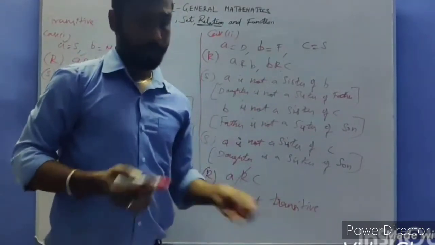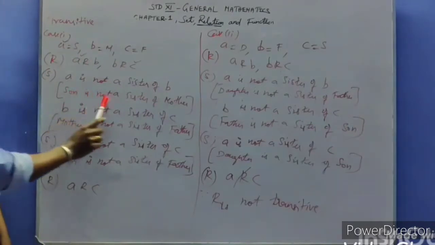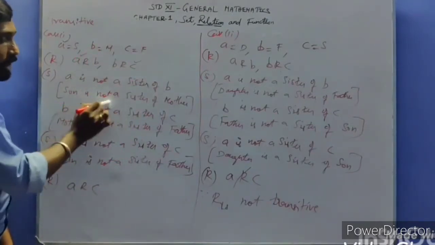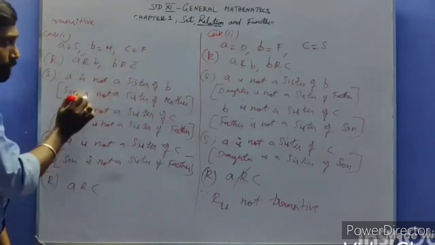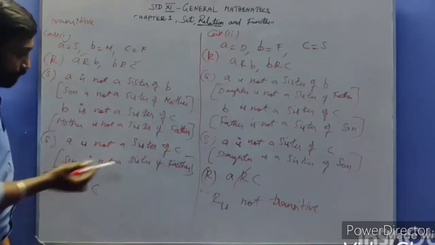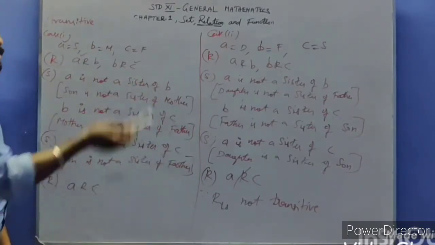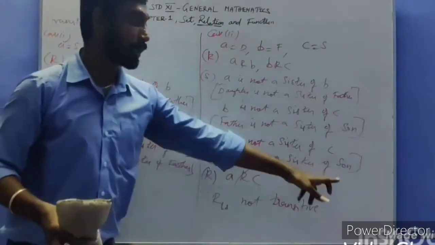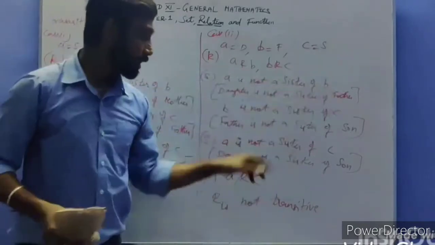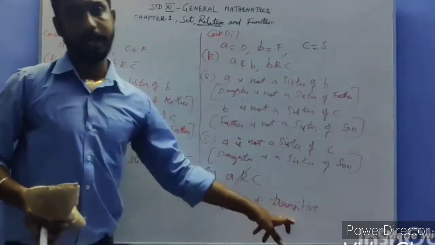it is also not transitive. Okay. Now here see, son is not a sister of mother, mother is not a sister of father, son is not a sister of father. It looks like 3 conditions are equal, so it will be possible. But here daughter is a sister of son, it will be possible, but both values are not possible. Because 3 conditions are here, one condition will be different, it is not transitive.